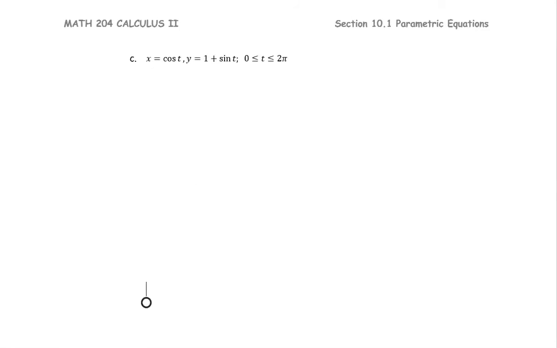Another example. x is cosine of t, y is 1 plus sine t, from 0 to 2 pi. In this case, we have sine and cosine functions. We have to look at the trigonometric identity. Since the cosine t and sine t have the same argument or the same t parameter, one of the trig identities that we use the most would be